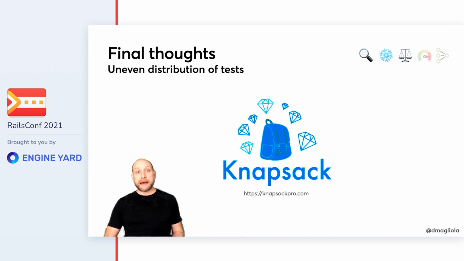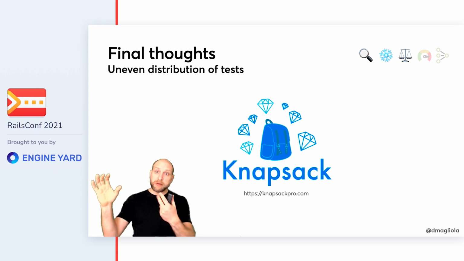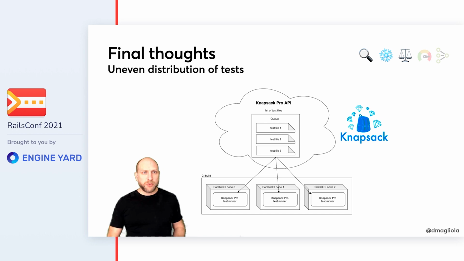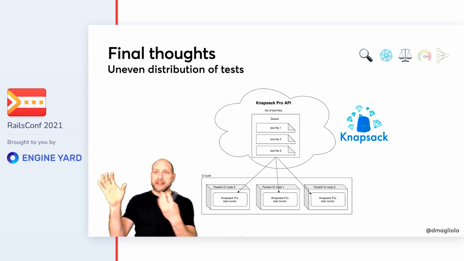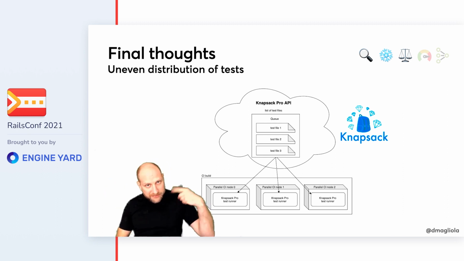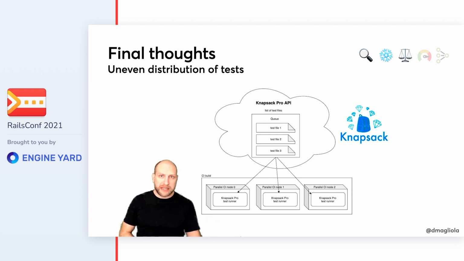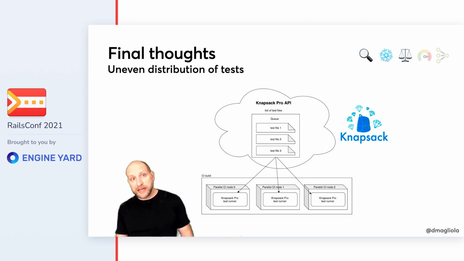The other solution I know of is Knapsack. Knapsack is a commercial solution that acts as an external queue, and each of your machines is going to talk to a queue and pull tests from it. The way it works is they run a server that knows all of the files that have to be run, and each machine is repeatedly asking the server for more files to run. So as a machine churns through files faster, it will get more files. And if you have a machine that's running longer files, it's going to end up getting fewer files, and that